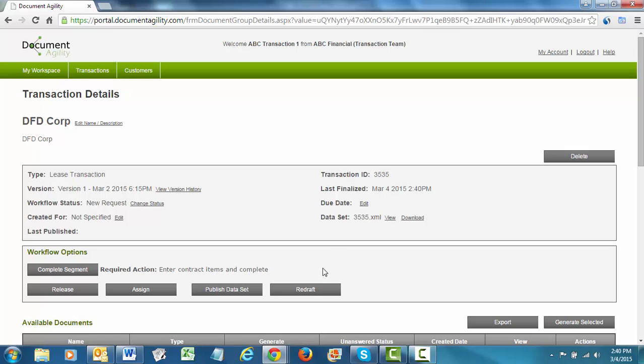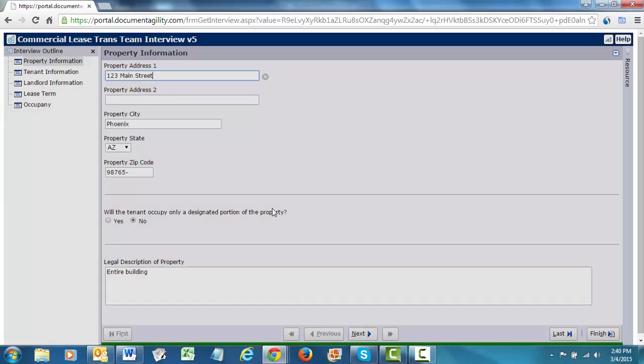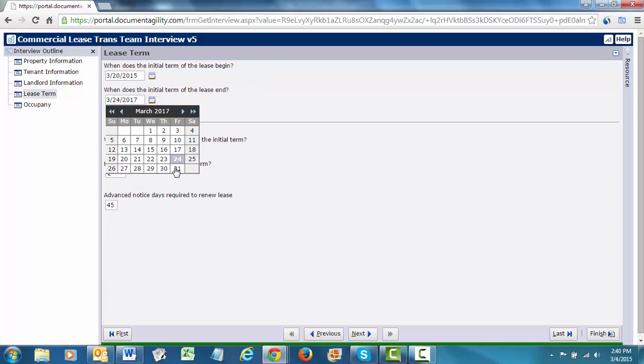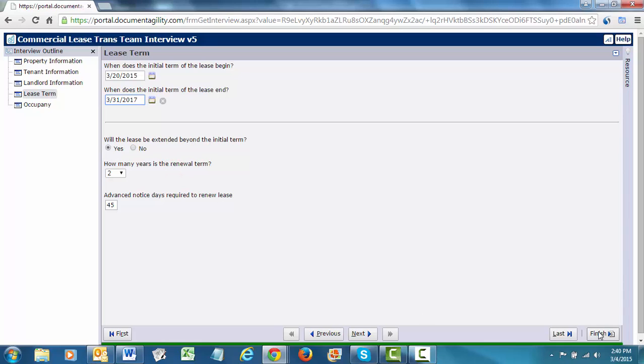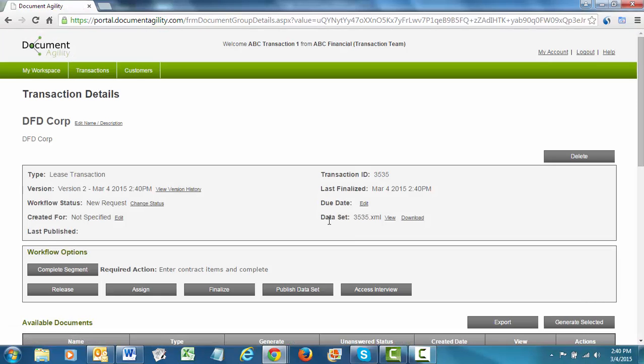Now, when I go to access the interview again, instead of being called Access Interview, the button changes to Redraft. If I do go into the interview and change some questions, I'll first be asked to provide a reason why. And let's say I call it a client request. Once I do that and I'm taken to the interview, I can change whatever it is that I wanted to change. And let's say what we want to do is to change the term of the end of the lease out 1 week. If I then finish that and save it, I'll be brought back to my transaction details screen,